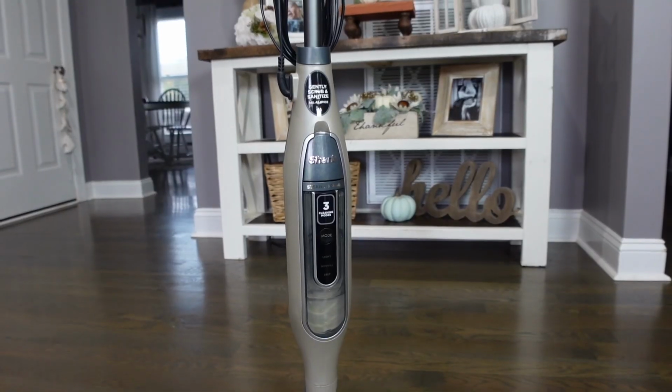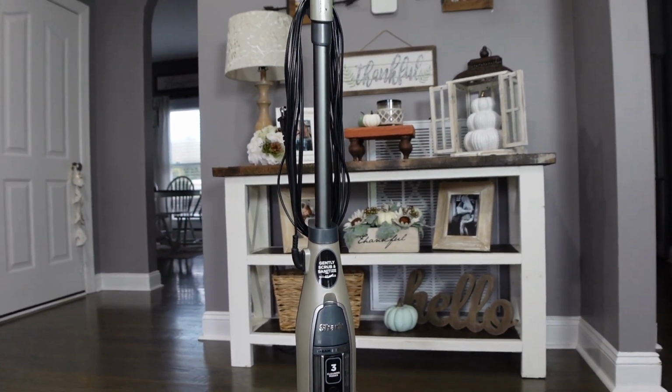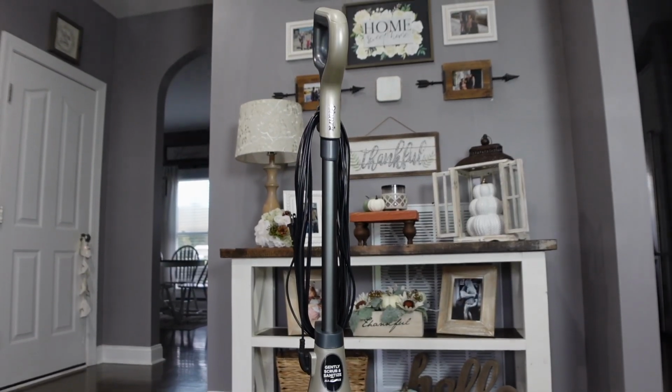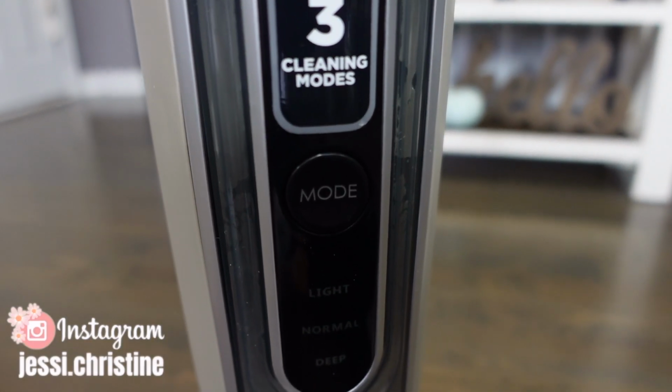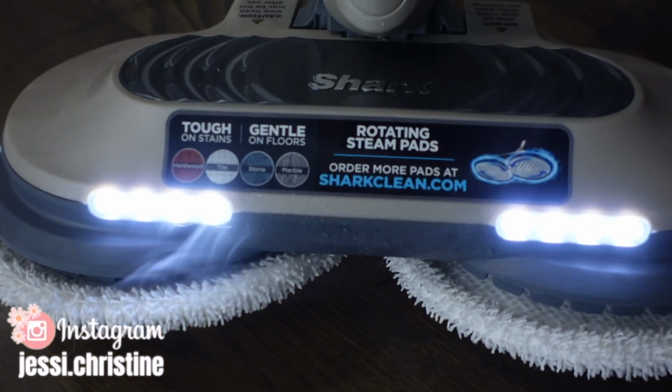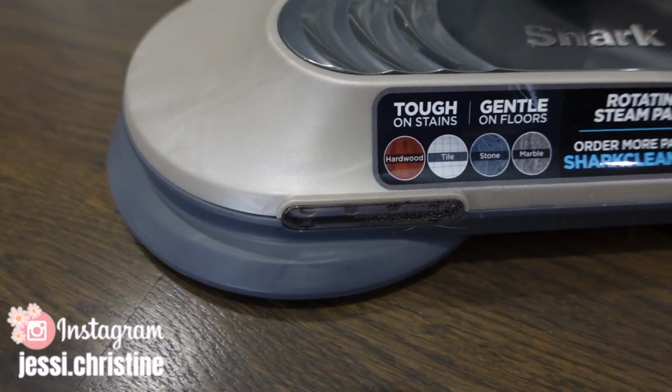Overall, I like it. I say I would probably give it about a 7 out of a 10 right now, just because I do own a Bissell steam mop and I really like that steam mop. I feel like it gets really good and steamy, and it just does a really excellent job. But I do like the fact that this one scrubs at the same time,